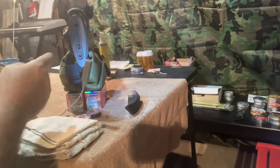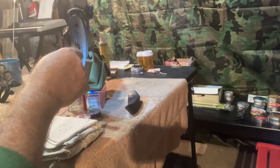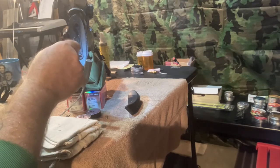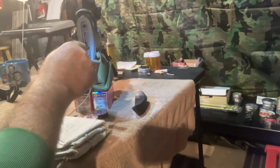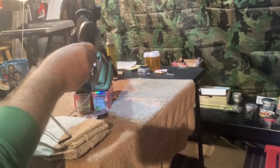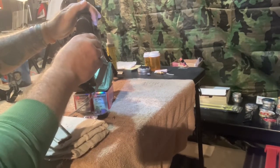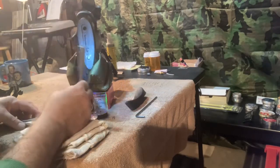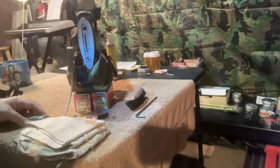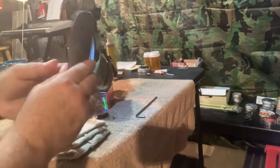and I think I've explained this in a previous video, but I'll do it again. Here in the center, there is a slot which has a nut that rides inside of it. And basically, the butt pad itself screws into that nut, and that slot allows it to be moved up or down. Now, what was happening as it would rotate, and it was doing it fairly easily, I was continuously tightening down the screw